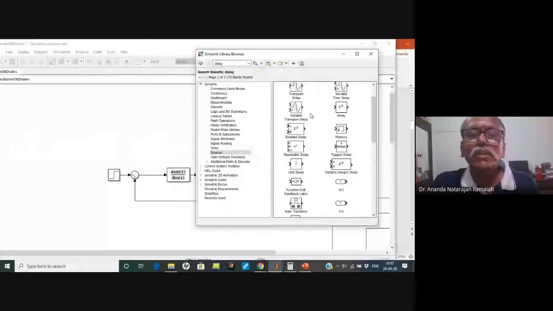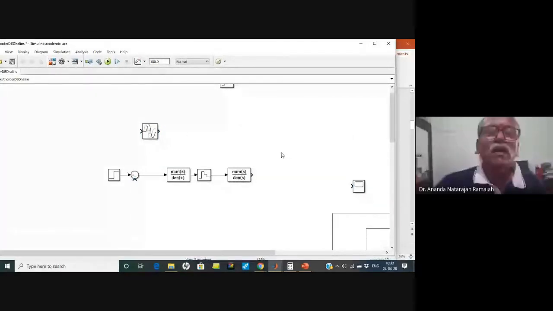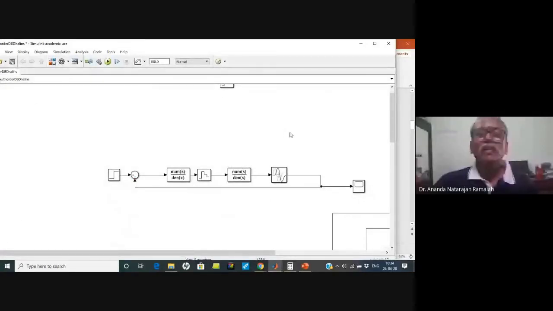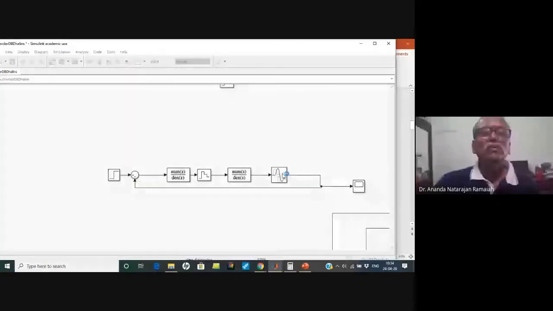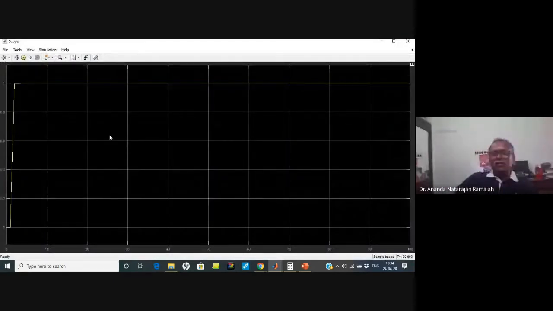So what is the model? We assumed a time delay of 1. Even though it is 0.7, we assumed it as 1. So now model and system are identical. Now if you run, what are you getting? You got exactly no overshoot. But in the book it is written that